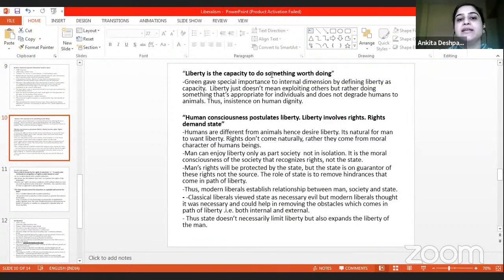Green said, liberty is the capacity to do something worth doing. So he gives importance to capacity. Capacity is internal. All right. So liberty